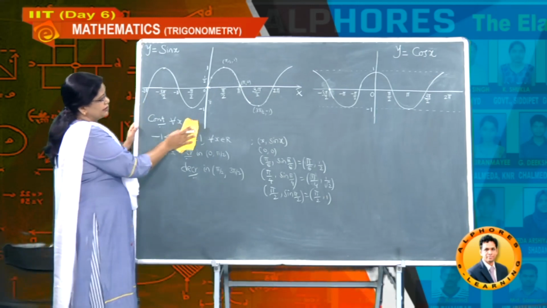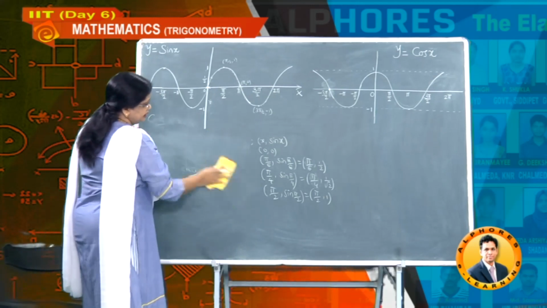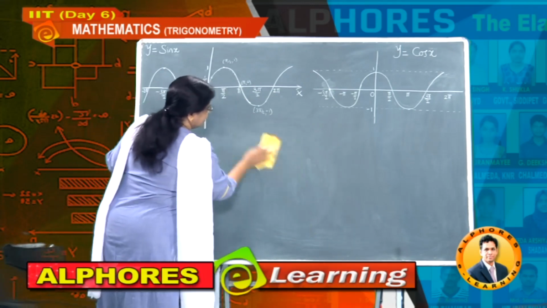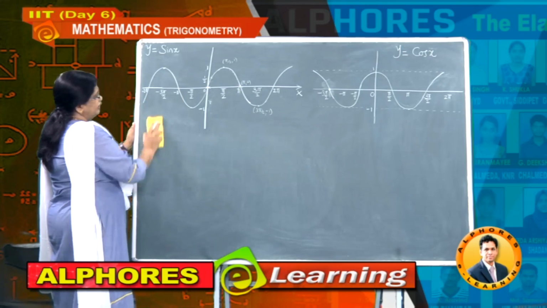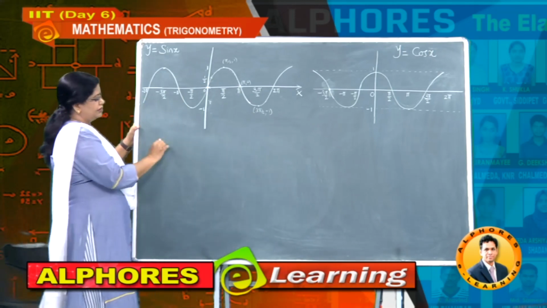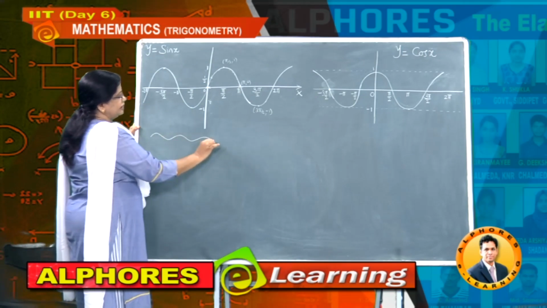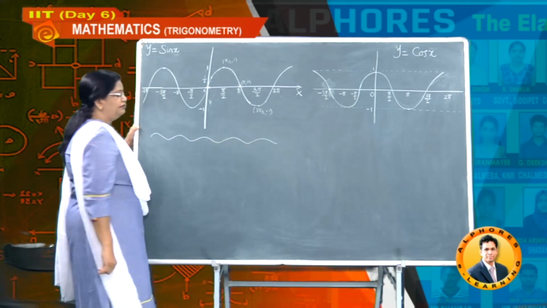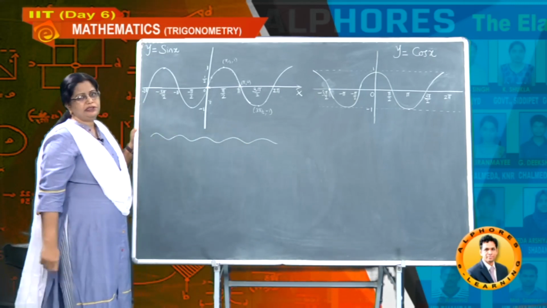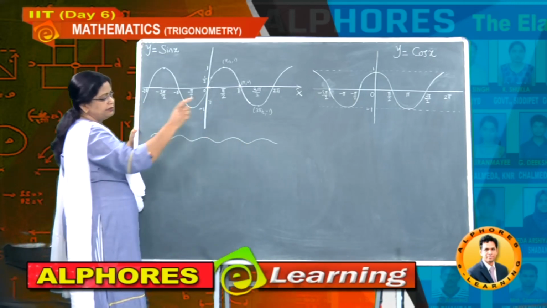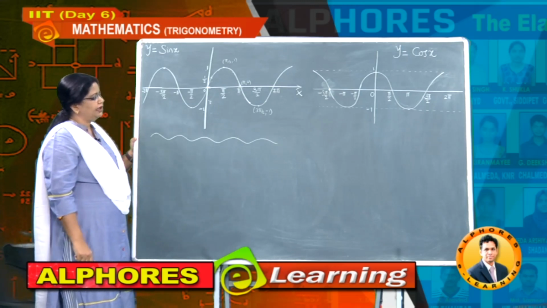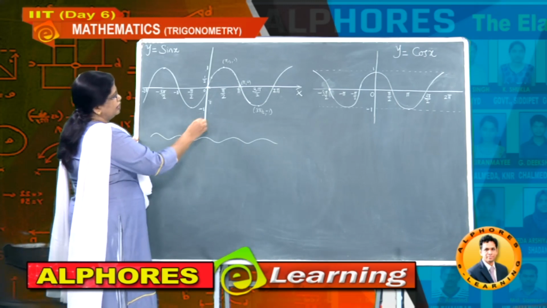And next, after these observations, from the same sine curve you can notice another point. What is that point? How is the shape of the curve? The shape of the curve is like this, isn't it? It is a wave form. It takes a maximum of +1 and a minimum of -1. And while drawing the curve, you can observe the curve shape here.